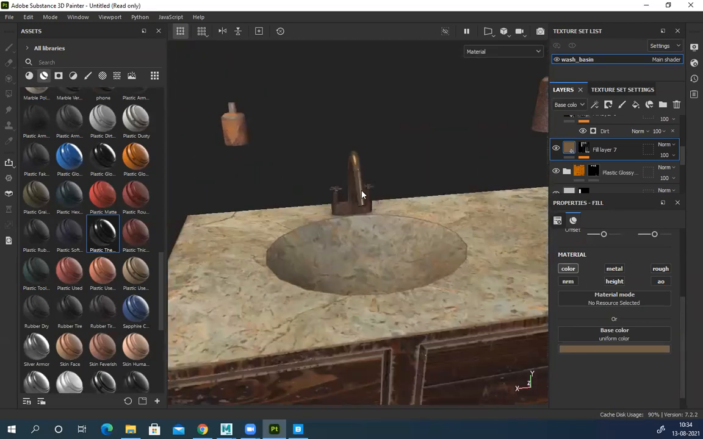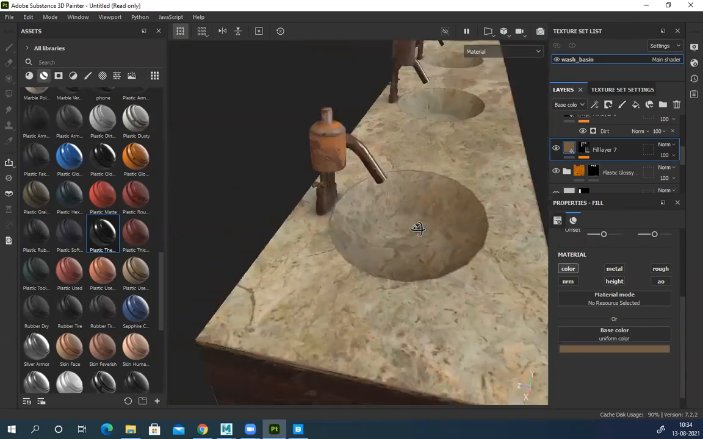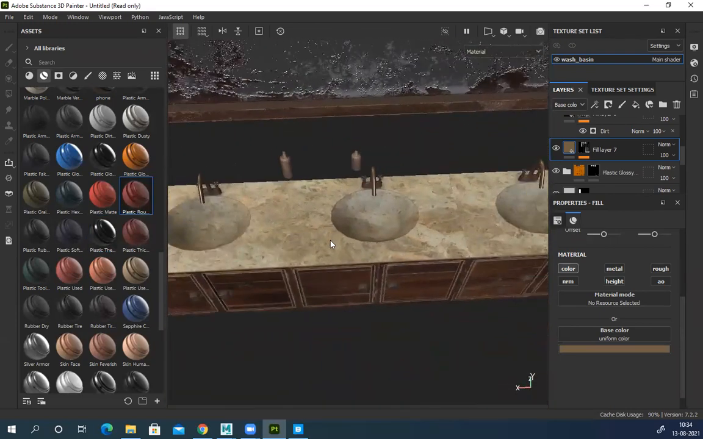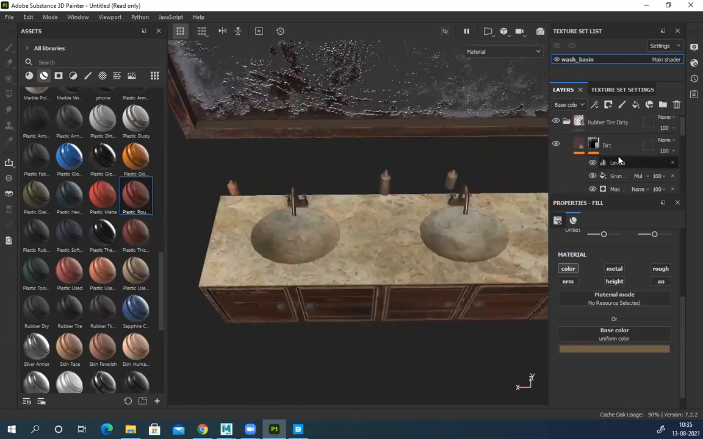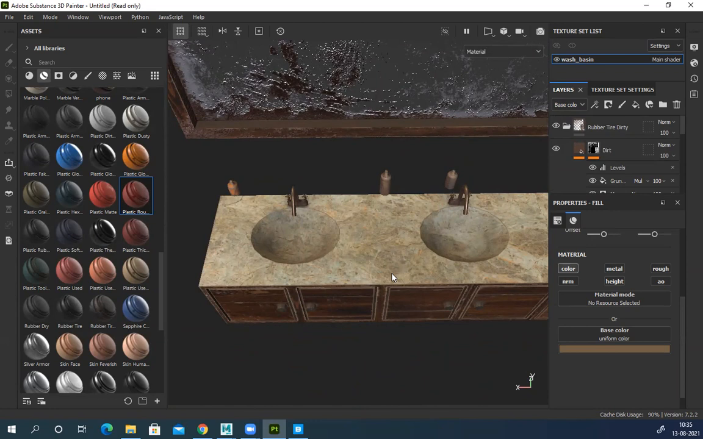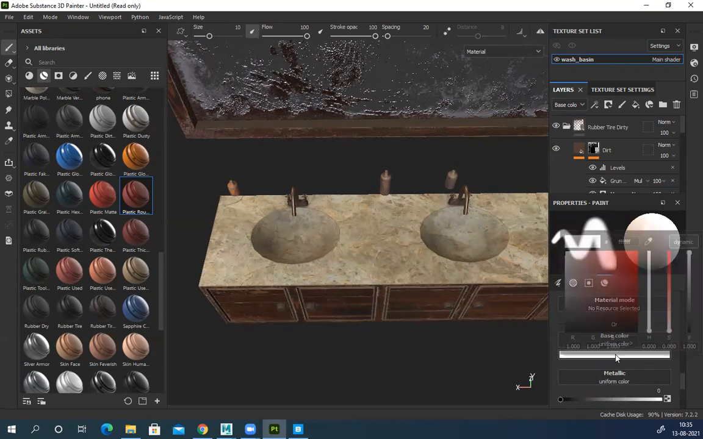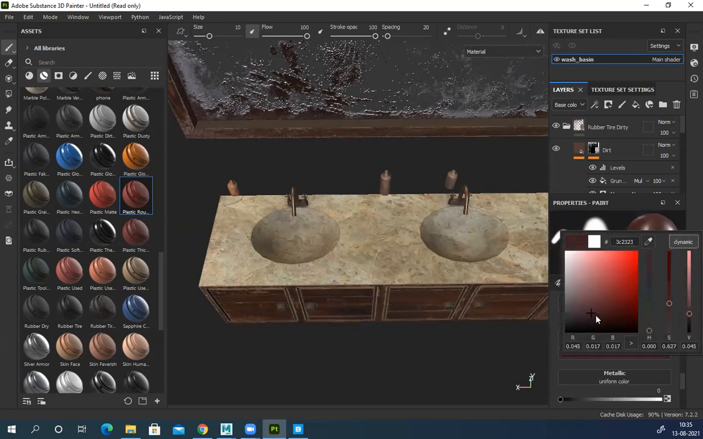Now I need to add a few more details and make it a little more dirty. So now to add things like splashes or dirt, or water patches and all this, discoloration, this time I'll use a paint layer. Click on paint layer and change the color to maybe towards brown, slightly dark, desaturated,